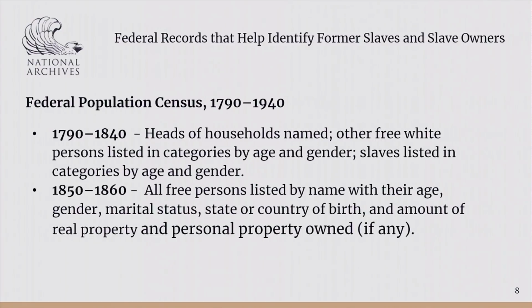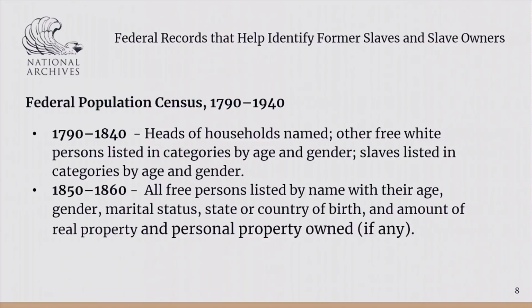Although the census started in 1790, it has fairly little information for 1790 through 1840. It includes the names of heads of household with other free white persons listed in categories by age and gender, and slaves likewise are listed in categories by age and gender. So there aren't a whole lot of names, but yet it is still a basic building block for that early period of time. From 1850 to 1860, all free persons are listed by name with their age, gender, marital status,